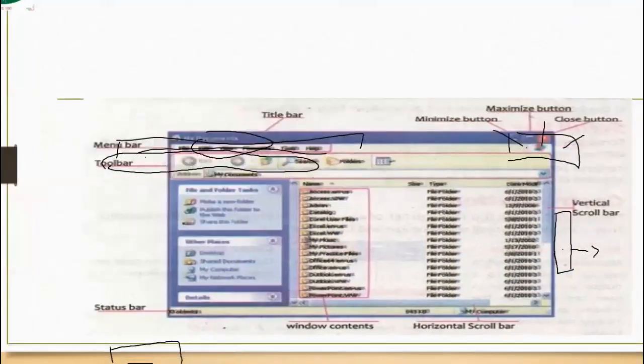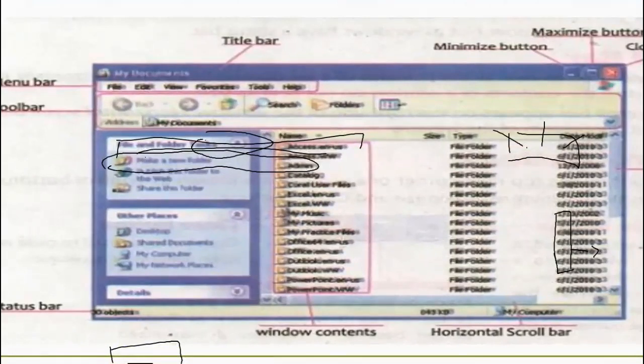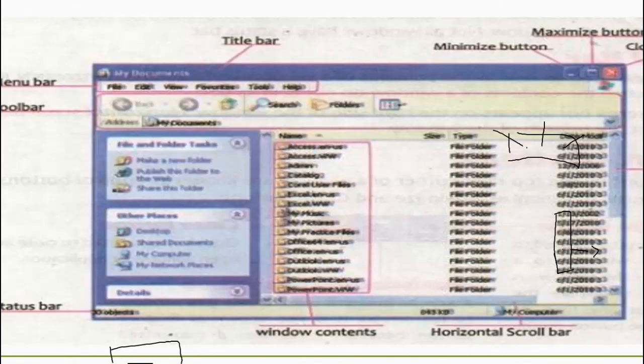And next, this is your window contents. Next is the horizontal scroll bar and a toolbar. There is also a toolbar here. In the previous two lectures, we discussed them briefly: what is a menu bar, what is a toolbar, and what is a status bar.